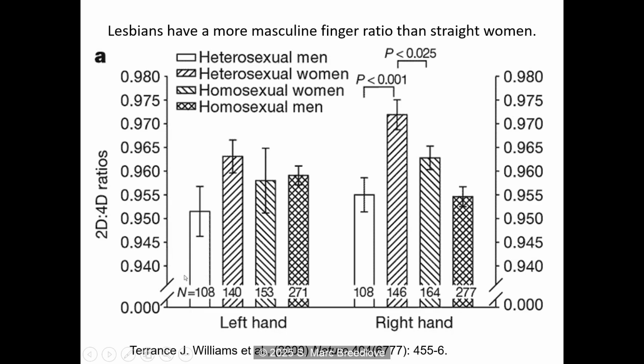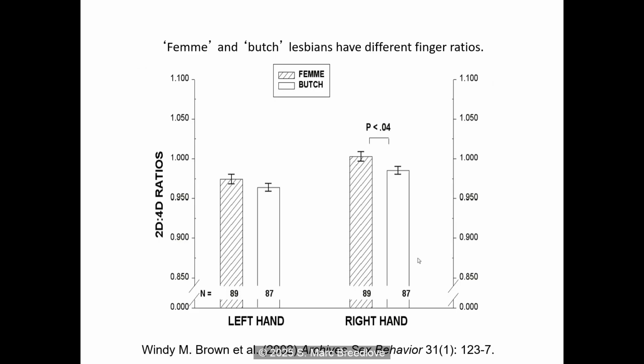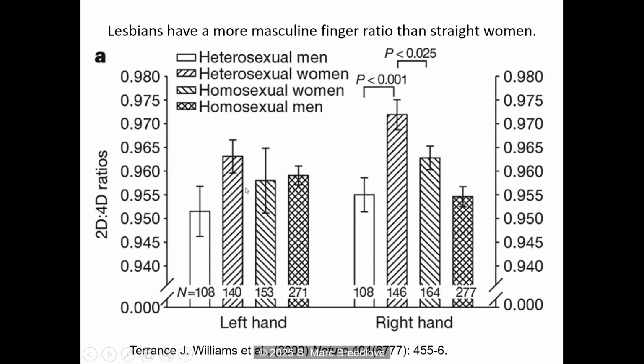So we went back the next year. We went back and did the same thing, only we only went to the Oakland gay street fair. Oakland is a great place to find lesbians. It's just full of them. And I just want to point out to you, let me go back to say that we saw no difference between gay men and straight men, right? So straight and gay, we didn't see any difference between them. Come back to that later.